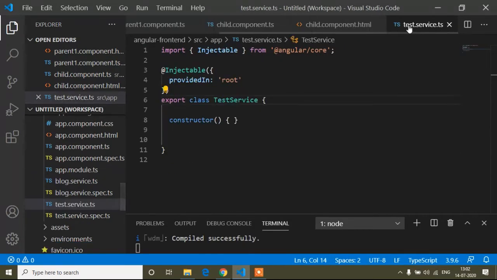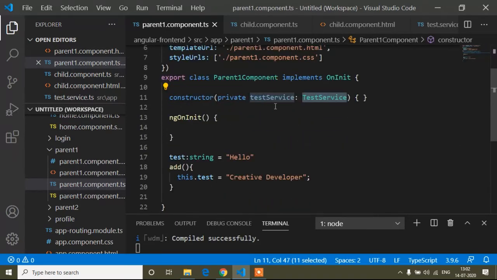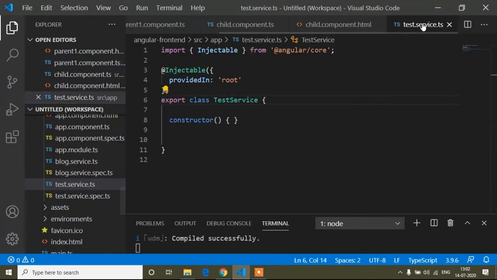And now in our parent component.ts file, you can see I import this test service and I create a local variable private test service. This is the variable, and I'm creating the local variable for our test service. And now we can use this to access our service.